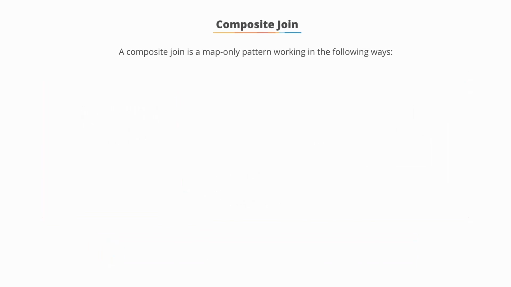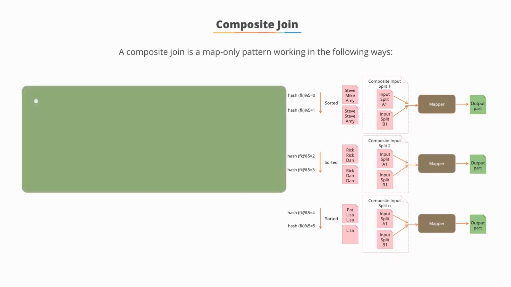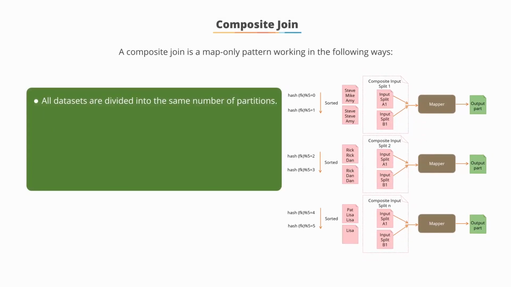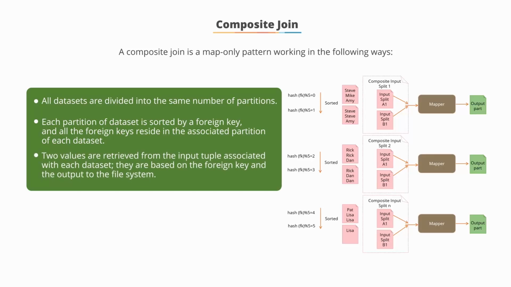A composite join is a map-only pattern, working in the following way. All datasets are divided into the same number of partitions. Each partition of a dataset is sorted by a foreign key, and all of the foreign keys reside in the associated partition of each dataset. Two values are retrieved from the input tuple associated with each dataset based on the foreign key and output to the file system. This type of join is typically very lengthy,